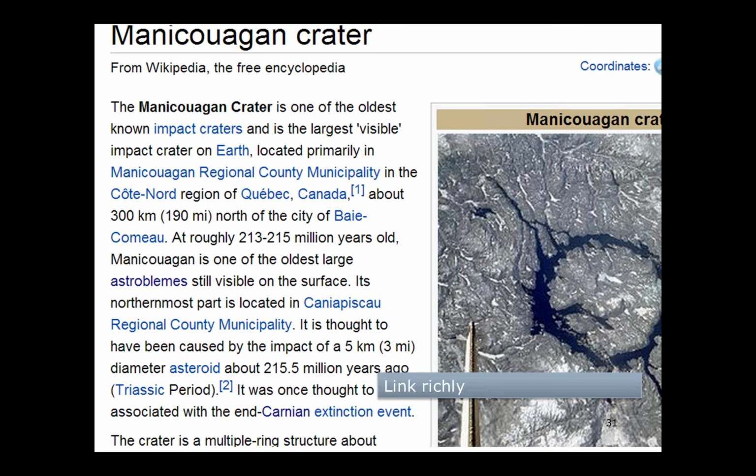What's an impact crater? If I know that, I just keep reading. If I don't know, I can click and I can go and find out what an impact crater is. It's the largest visible impact crater on Earth. If I don't know where Earth is, well, there's the information. It's located primarily in the Manawatu Regional Municipality. If I don't know where that is, I can go find out. So every time there's a place where I may not know what you're talking about, there's a link, at least